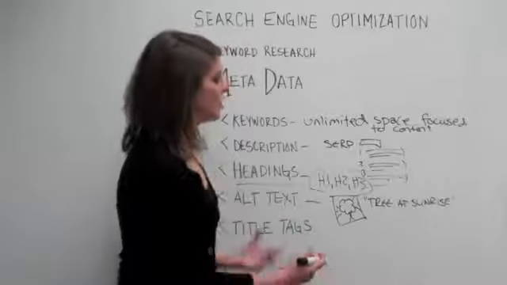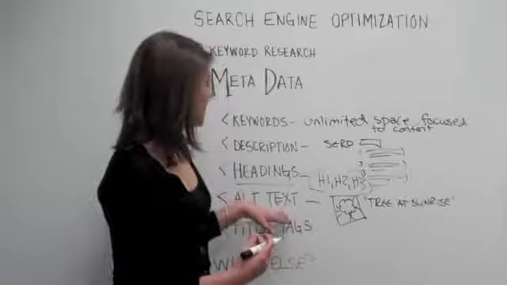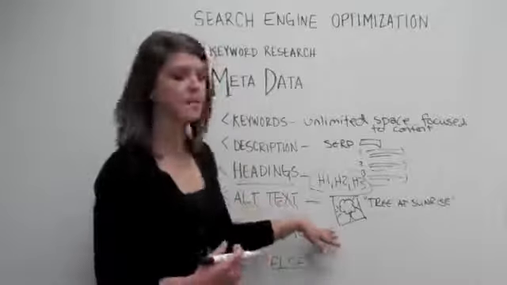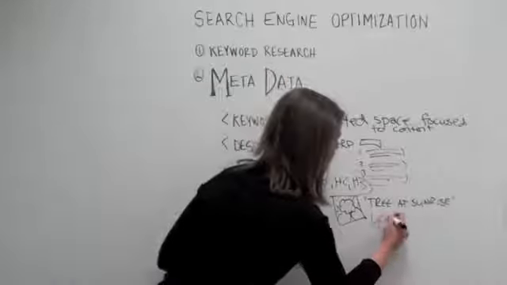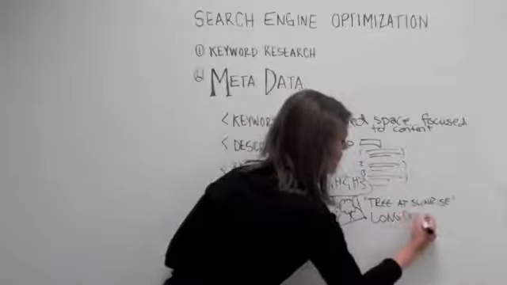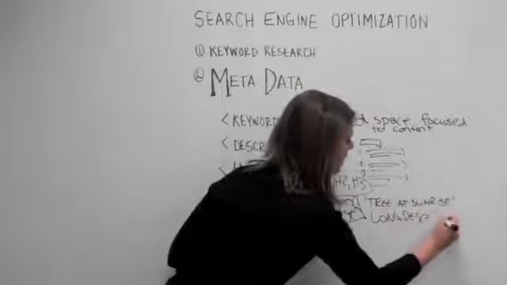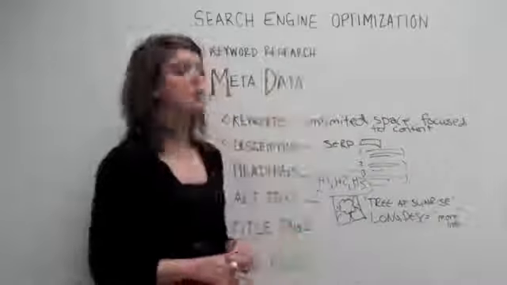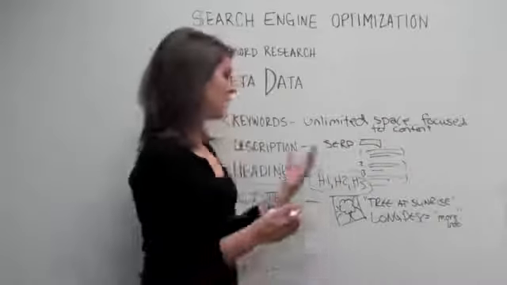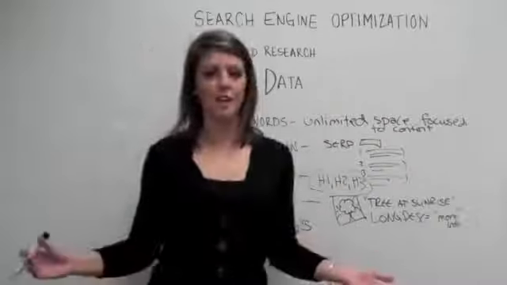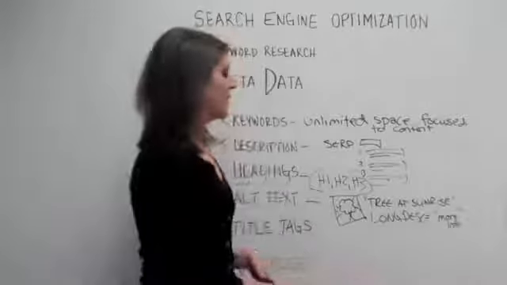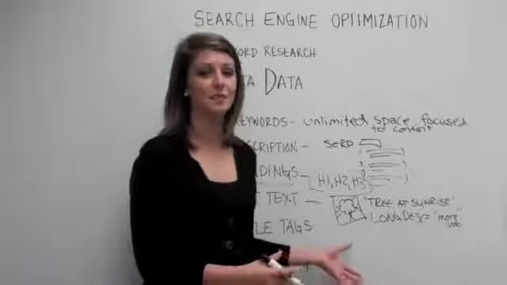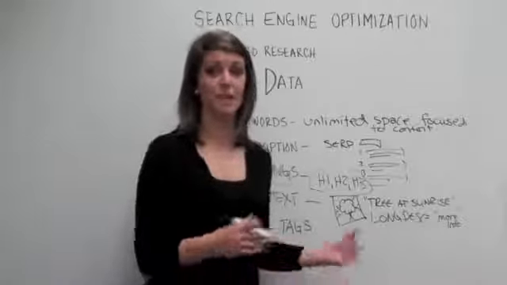sense. And so there's also another metadata field that you can add to an image. It's the long description field. And in the long description field, you can provide more info about that picture. So maybe this is a tree at sunrise right before a rainbow appeared over the Grand Canyon. That would be where you can add content that would maybe connect that image specifically to the content on your